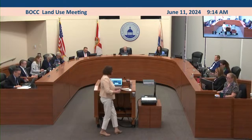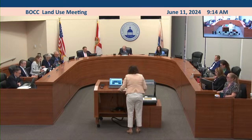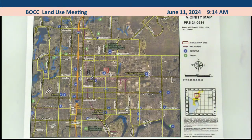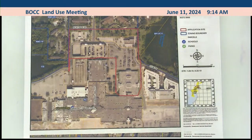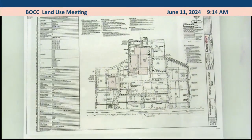Commissioners, the next item is agenda item E4, Pierce application 24-0634. This is for a minor modification to a portion of the planned development in the University Mall, associated with the University Mall. The request is to modify a condition that requires a pedestrian path along the north and east boundary of Development Block 2 and related building facade design requirements that were incorporated as part of that required pedestrian path. The applicant is requesting to remove that